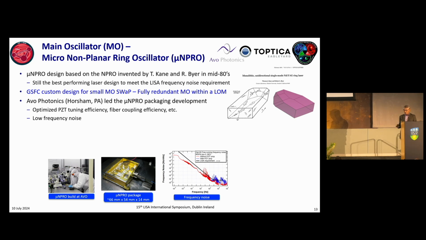Here's some photographs of activities at ARVO and a picture of the micro NPRO main oscillator and some of the frequency noises that we see here. As you can see, the blue curve shows the frequency noise peak above the requirement. Those are due to the high voltage PZT amplifier that we use in the TRL4 development, and we realized that is problematic for the laser, and so we tweaked our design so that we don't need a high voltage PZT amplifier, and so that